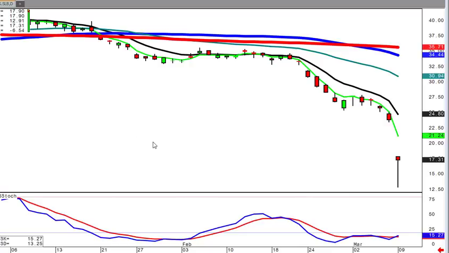But knowing the difference between a reversal signal and a non-reversal signal allows the candlestick investor to make some assumptions that put them in the right place at the right time. For example, notice the downtrend also was occurring in Schlumberger. But what did it do today? It was down big. However, look what the result was. There's your hammered doji in the oversold area. That is much more indicative that there might be a change of investor sentiment and that you could have a profitable bullish trade setting up.